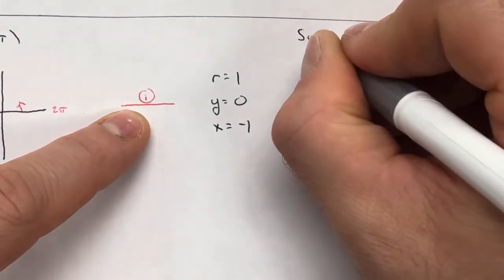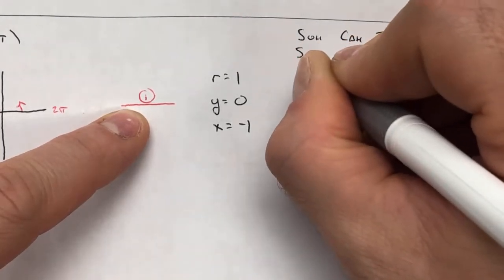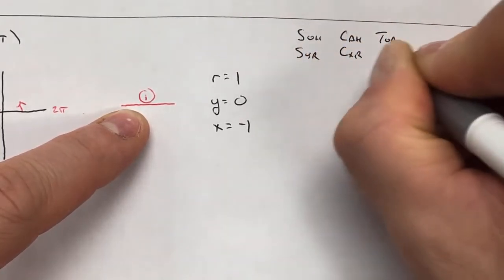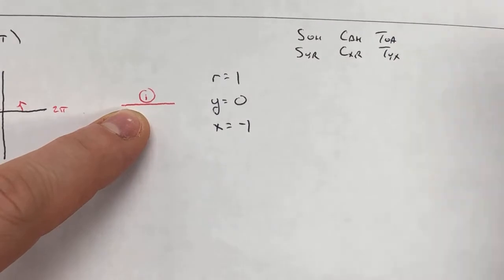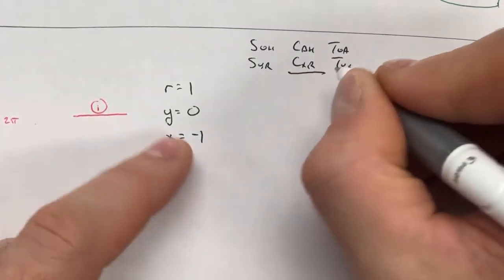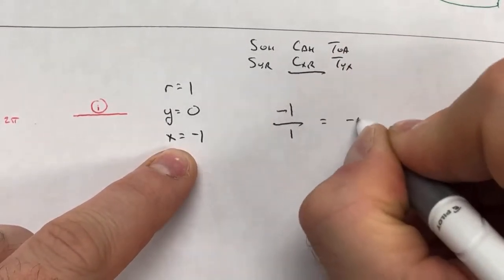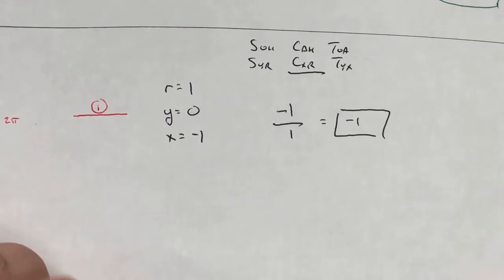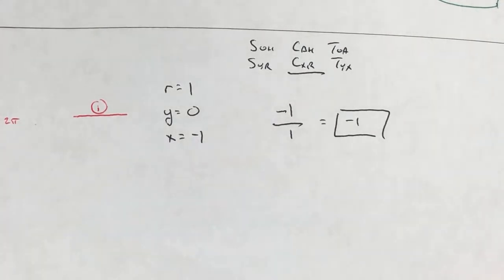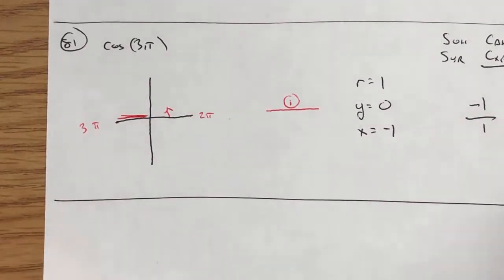And I can use either SOHCAHTOA or SIR-KEXER-TIX. In this case, I'm looking for the cosine, which is going to be the x value over the r. So -1 over 1, which is -1. Perfect. So that was number 81. Let's take a quick look at number